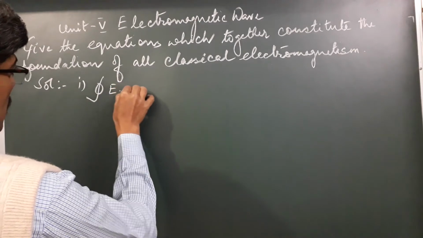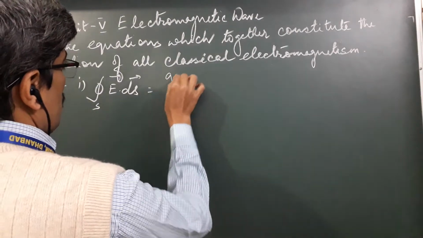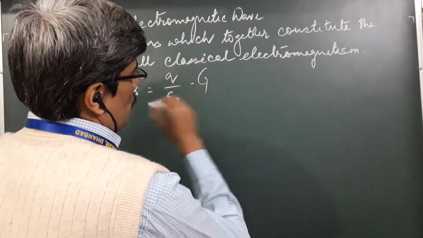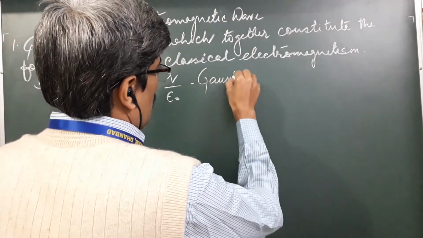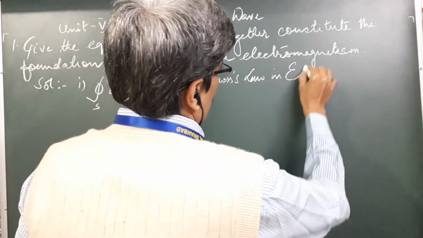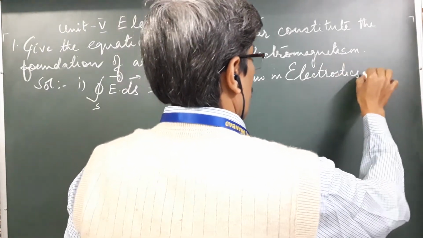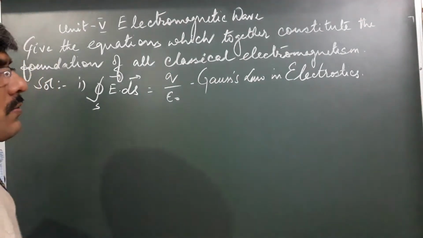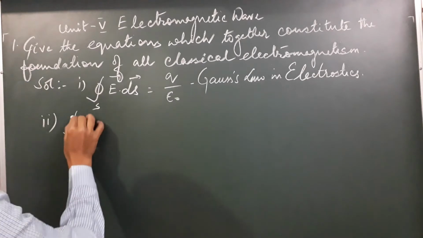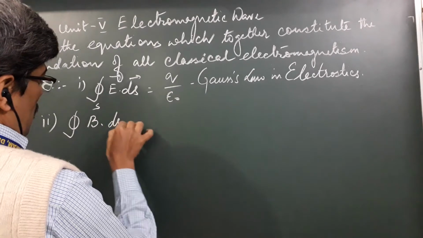integral of E dot ds over the closed surface is equal to q by epsilon naught. This is, as you all know, Gauss's law in electrostatics. Gauss's law in electrostatics. The second equation, a similar one which you study in magnetism, integral of B dot ds,